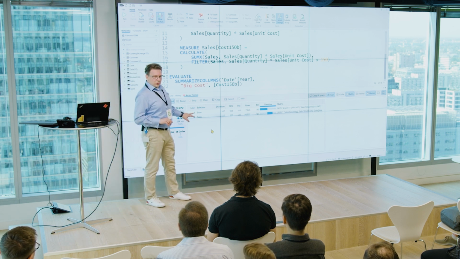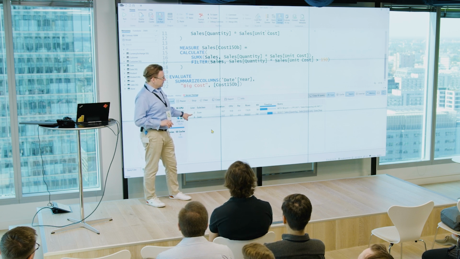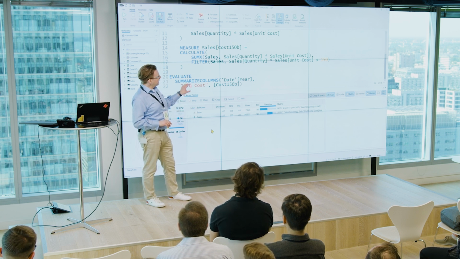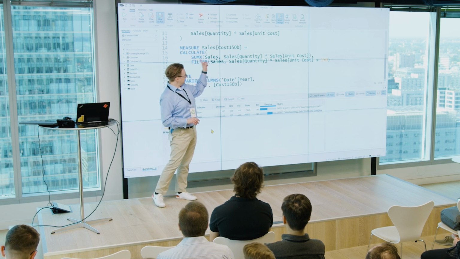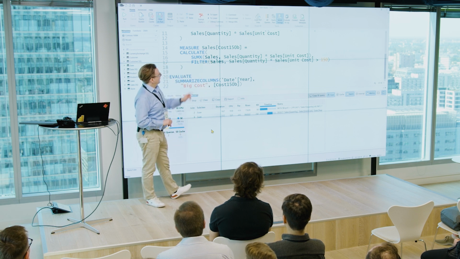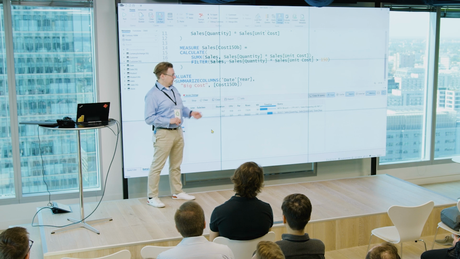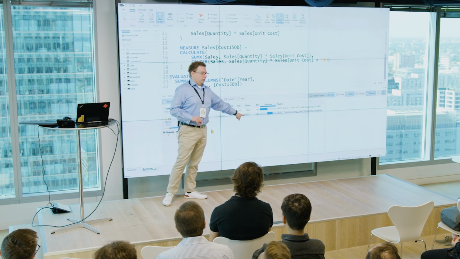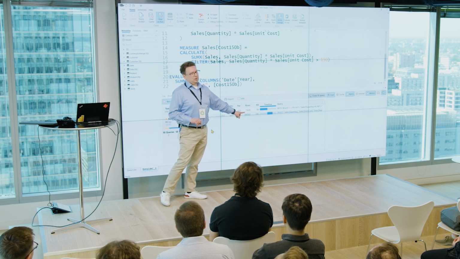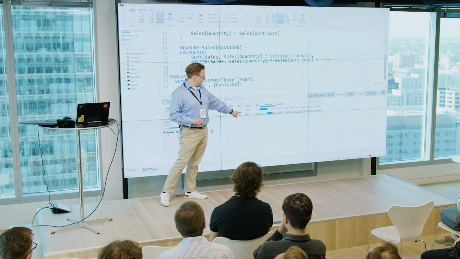This time we got two queries to the VertiPaq engine. First one calculates that filter. The second one calculates this expression, and you can see that we have a much higher number of records that we process,